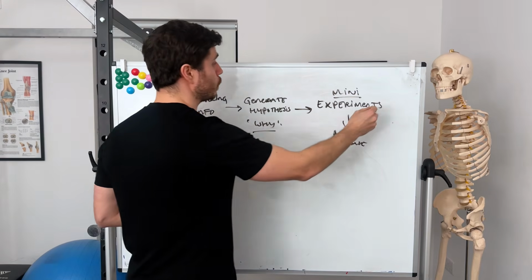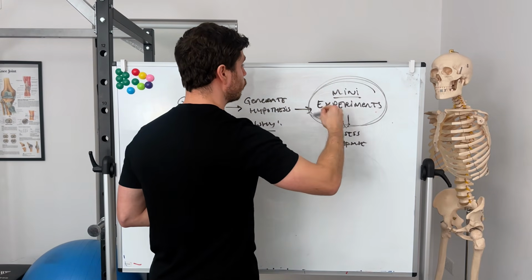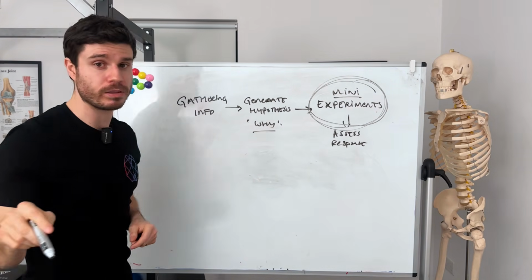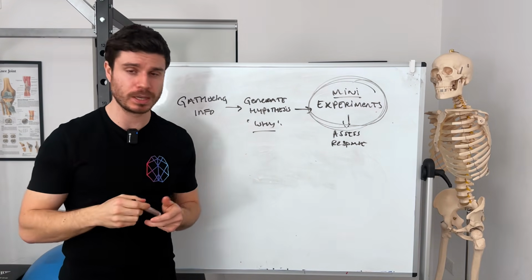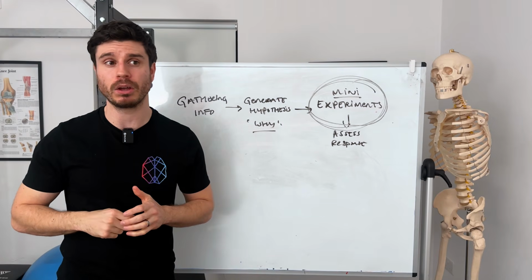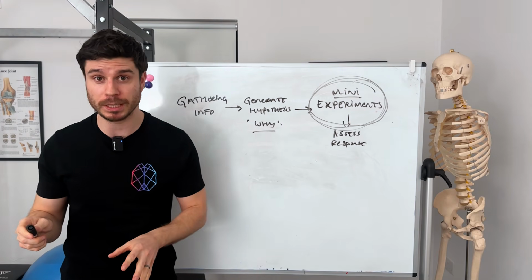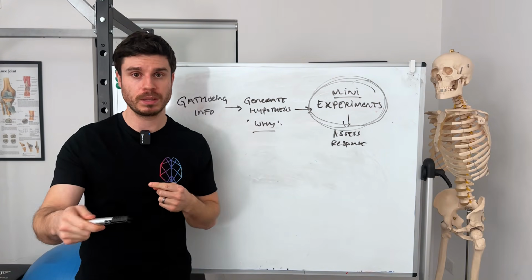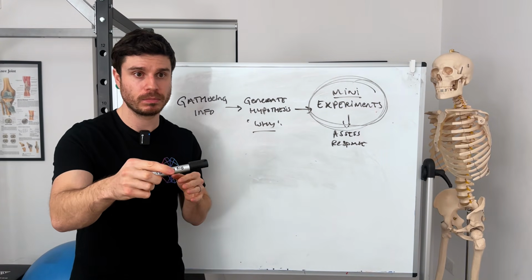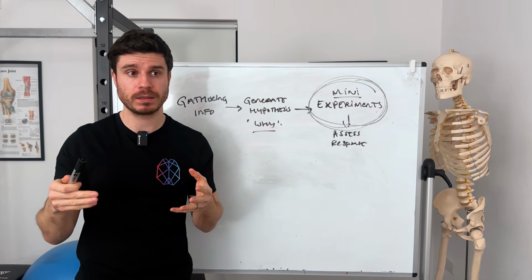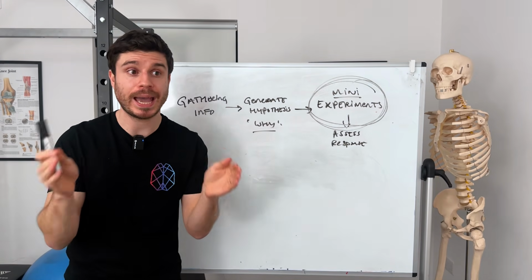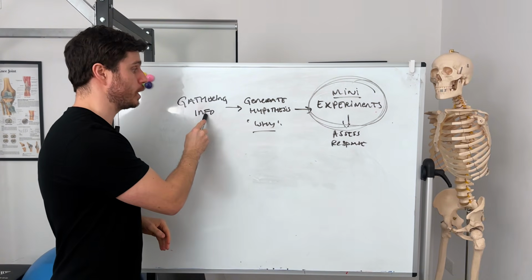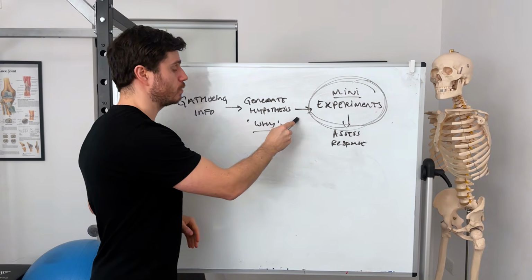But we miss out on this. We think that this is a sign of weakness. We think that if we don't know for sure, we are a weaker therapist, that's problematic. That's not the scientific process. That's not honest, in my opinion. So we need to get comfortable with this idea of running mini experiments, but the outcome that we gather from that, we need to know what to do with that outcome. And if we don't have a process to follow, to gather information, to generate a hypothesis, to run mini experiments,